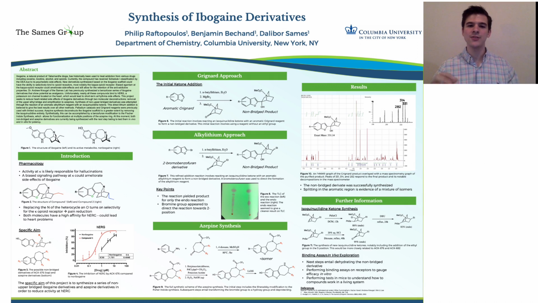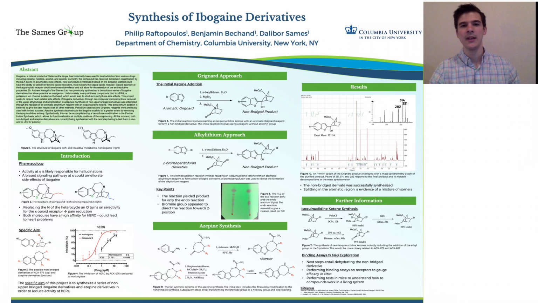And then this reagent can be reacted with the ketone version of the isoquinoline core to create a non-bridged product. And this actually worked a lot better with ethyl groups attached to the bicyclic isoquinoline core. That's confirmed by TLC, although TLC also showed that the exo-ethyl group didn't give as clean of a reaction, but it's confirmed by TLC and also confirmed by NMR and